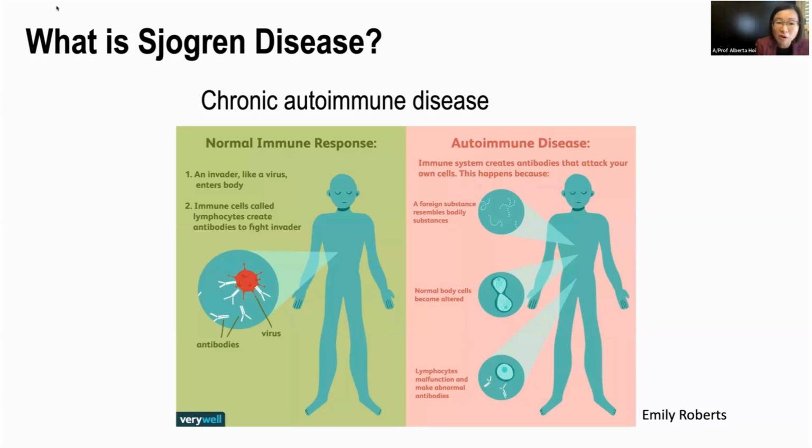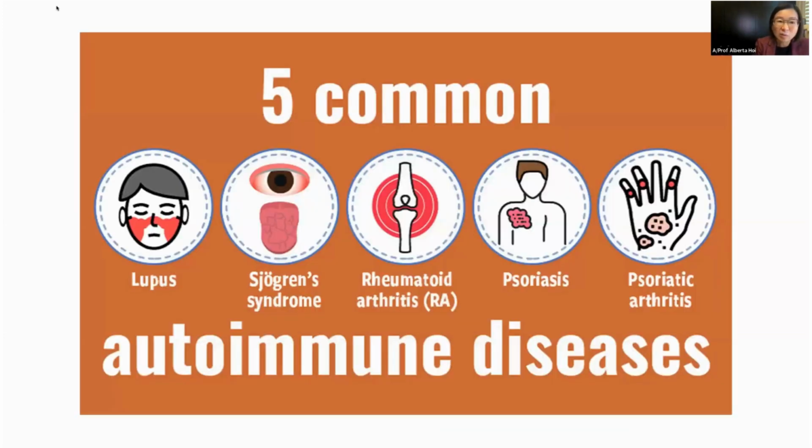Depending on which organ it attacks and the different patterns that can emerge over time, we give different names to these clinical conditions. Sjogren's disease is really one of the most common autoimmune diseases known. If you do a little Google search, you'll find that there are many examples of common autoimmune disease. Perhaps the most well-known is lupus, which affects mostly women of childbearing age. It's certainly multi-organ, like it is with Sjogren's.